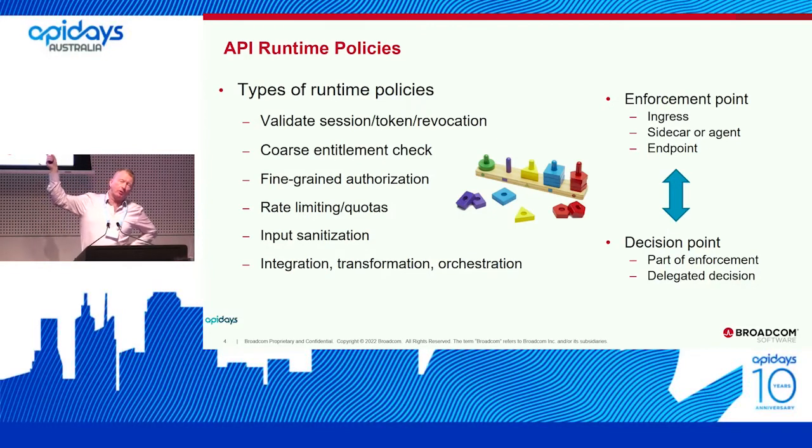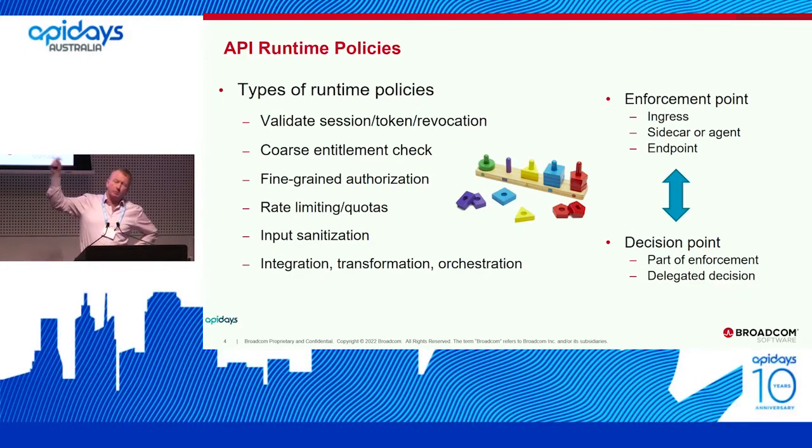Then there's the enforcement point for those policies, and that enforcement point is expanding and proliferating. So you can have the traditional ingress controller, such as an API gateway. You can be doing that in the endpoint itself. Sometimes for things like that fine-grained control in an open banking situation, maybe the only place that needs to know about that authorization context is the endpoint itself. So maybe there's no need to put that anywhere else. Or you can use things like sidecars or cluster-wide agents that help you provide that service to a range of other services running in an environment.